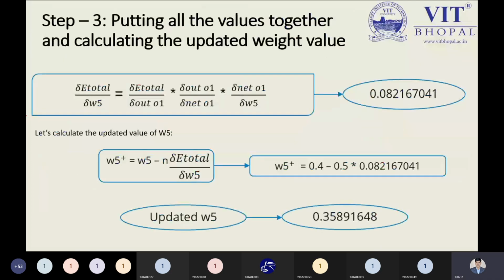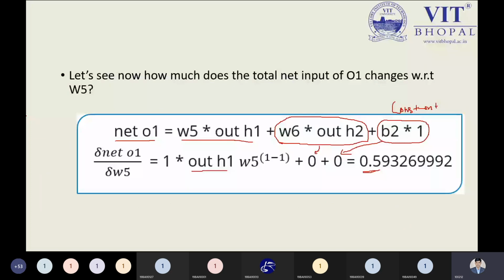Now we got this. So now tell me, is the portion clear? How are we solving all these values? We are not doing anything special, we are just getting the derivative portion. So just tell me right now, is the portion clear, or is there anything you want to ask right now?